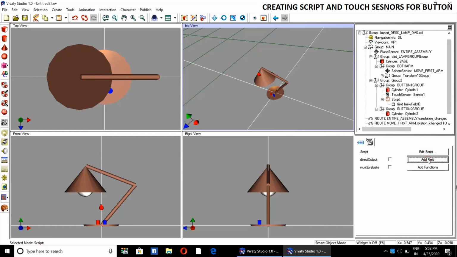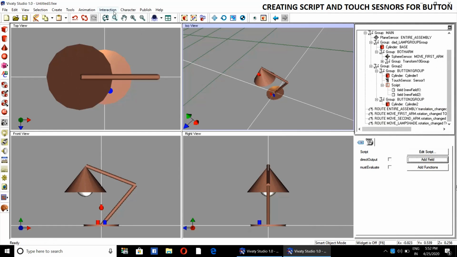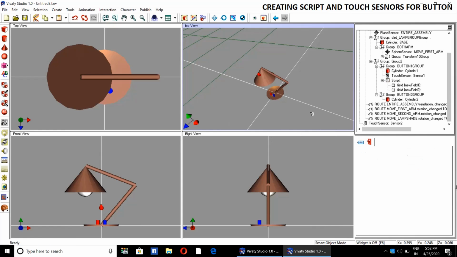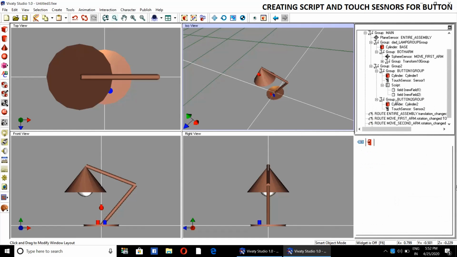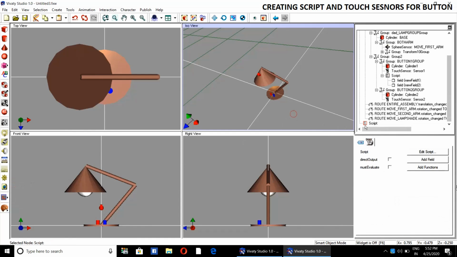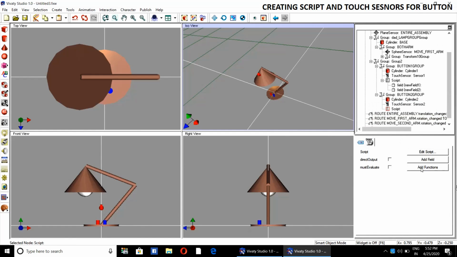Add two fields. Two fields will be required. Similarly, create touch sensor for button group 2. Create a script for button group 2. Drag and bring it under the group.